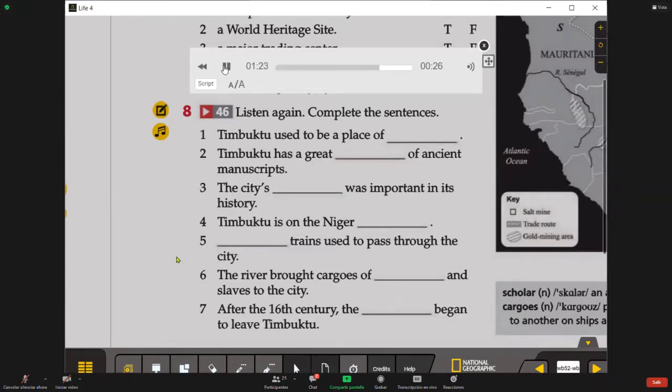People from all of the major North African cities would come here to exchange horses and cloth for gold. Equally, scholars from places as far away as Cairo and Baghdad came to teach and study. In the 16th century, Timbuktu was invaded by Moroccan forces. The scholars began to leave and the trade routes all. Okay, after the 16th century, the